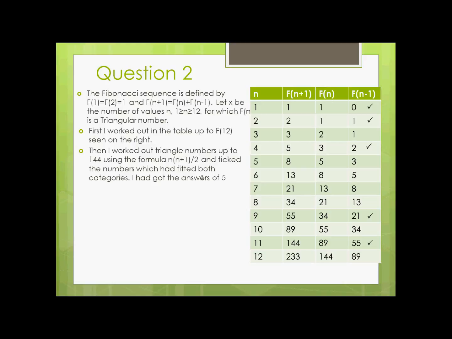is a triangular number. First, I worked out in the table to my right up to f of 12 for the Fibonacci sequence. Then I worked out all the triangle numbers up to 144 using the formula n times n plus 1 over 2, which got me values such as 1, 3, 6, 10, 15 and so on. And I ticked all the numbers which fitted both categories, and I got an eventual answer of 5,